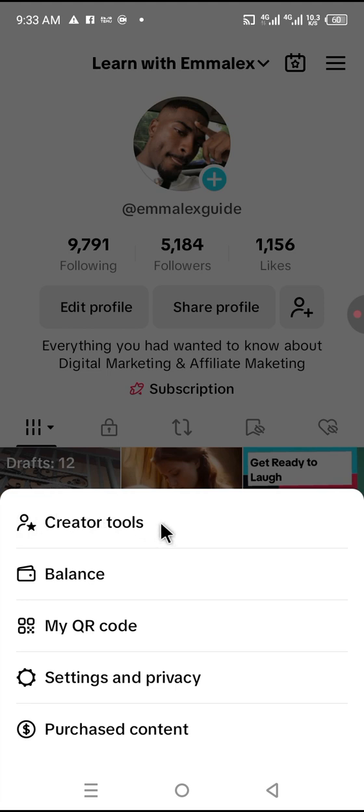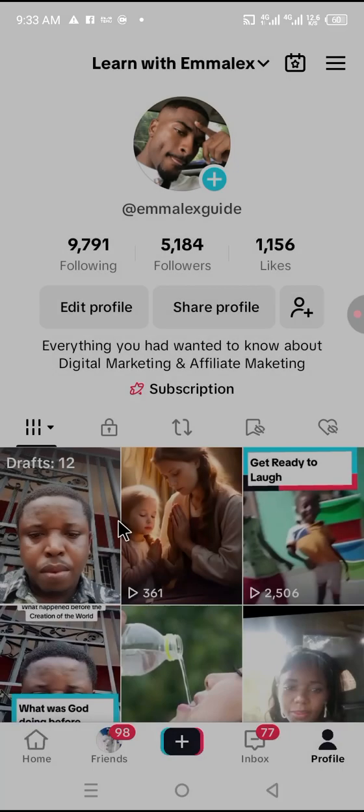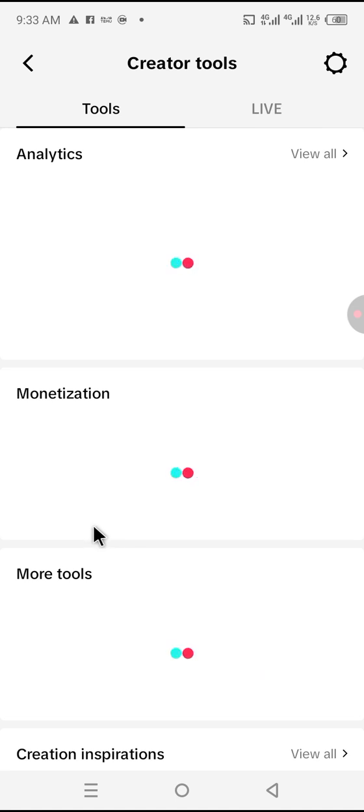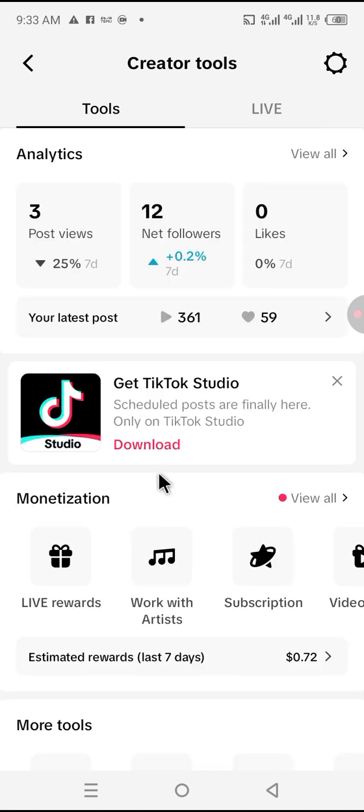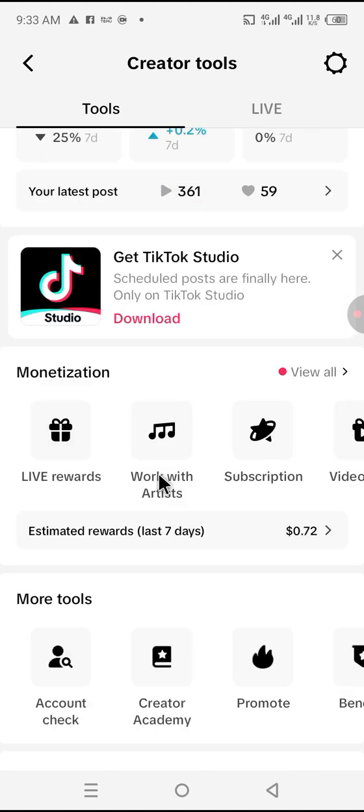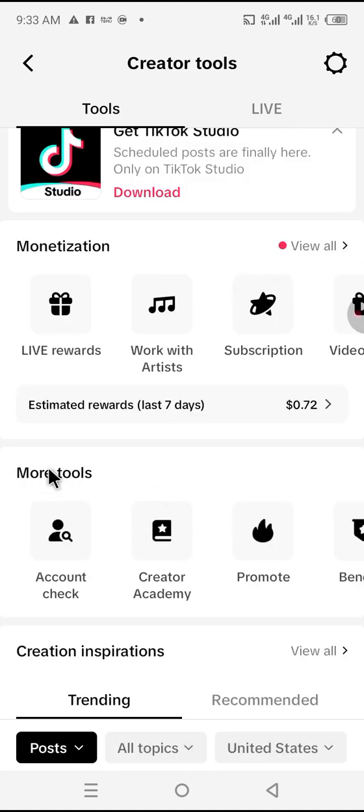For those of you complaining that you have not seen creator tools, there's no problem. So let's assume you have creator tools here. Just simply open it. As soon as you open it, you will scroll up to where you have more tools. Scroll up here. You're going to see under more tools, you will see promote. So if you click on promote,